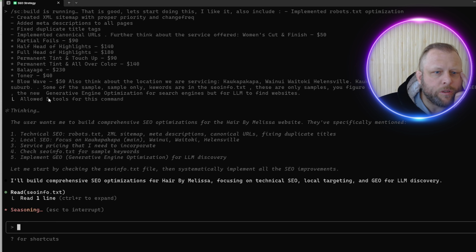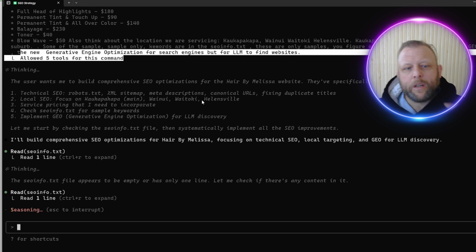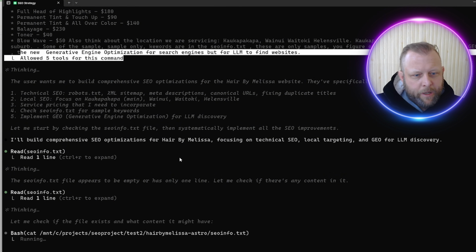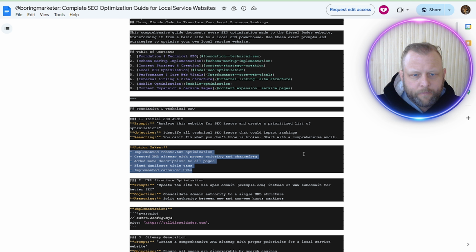Allowing 5 tools in this command. This is what I want to see. Okay, so it's going to use the extra tools for it. So, let it do its thing and let's see what it comes up with. I'm going to pause this and we'll come back, and then the next step we should do is we are